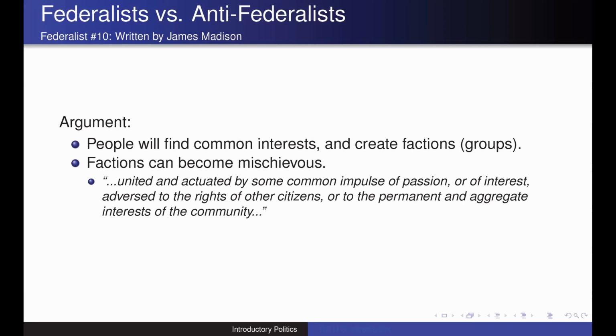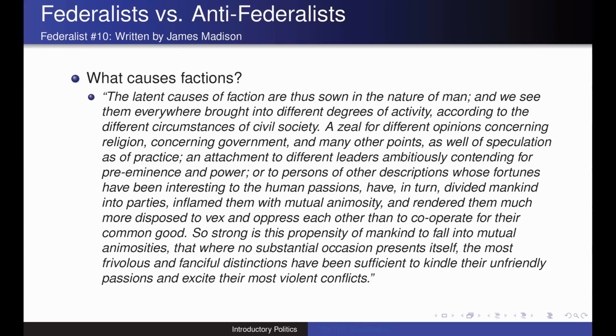And as a group, we will empower that group to then hate on other groups that don't align with that interest. And so Madison says that this is actually kind of core about human beings, that this is not an accident, that this is just something that human beings do. Again, there's a lot of text here on the screen. I'll just read through it, but this again is Madison making the claim as to why these factions go bad, why they end up beating up on other people, ganging up on others, that sort of stuff.